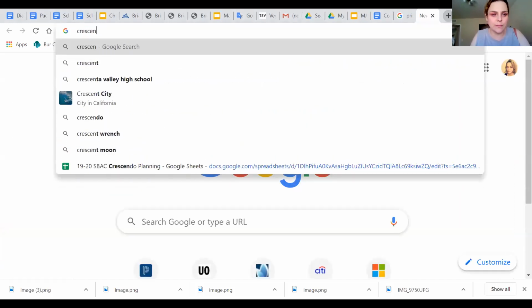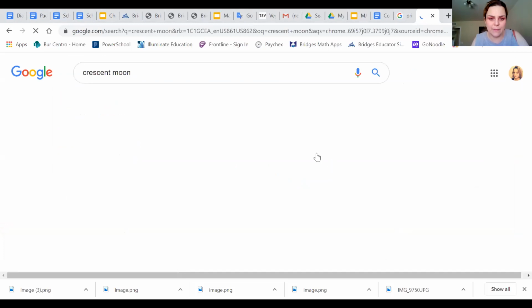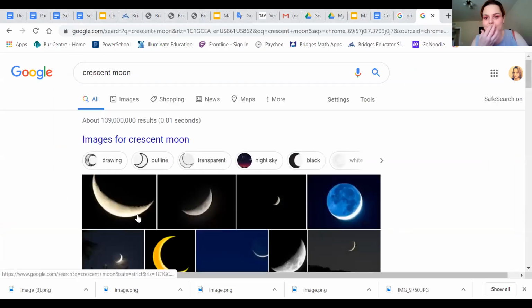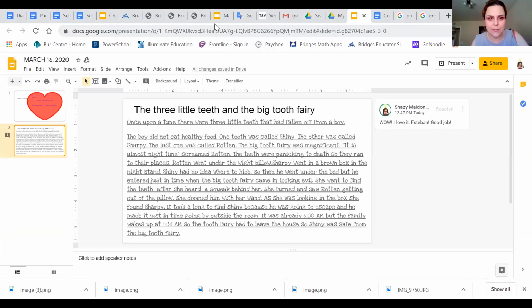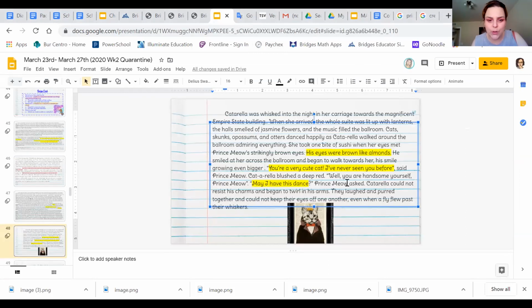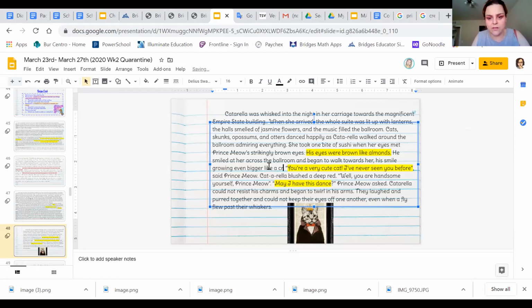Crescent moon. So like that, his smile is that big. So I'm going to go back to the story. Okay, so growing even bigger like a crescent moon.